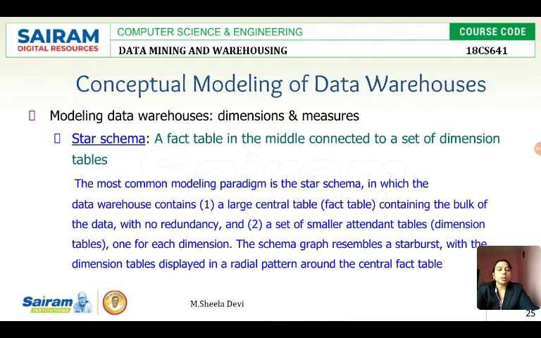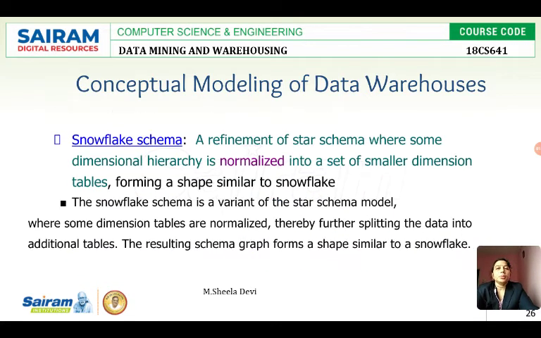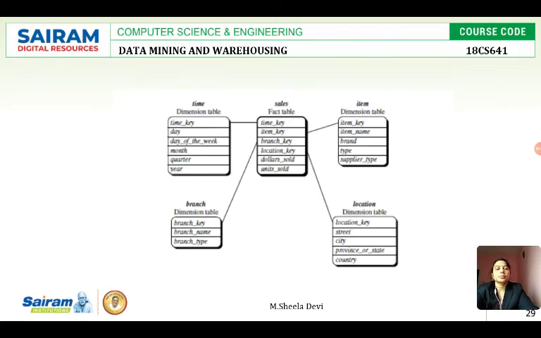See, if you take the fact table, we'll be having certain dimensions. I said for every dimension we may have a dimension table. So in the star schema we'll be having a large fact table with no redundancy, and for certain dimensions we'll be having its own dimension table. This is star schema. Let me explain you with the diagram. See, this is the fact table. Let us consider sales fact table here, and for the sales fact table we have dimensions called time key, item key, branch key, location key, dollar sold, and the unit sold.